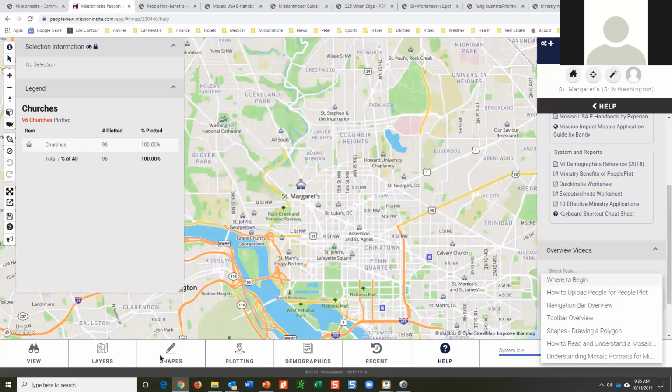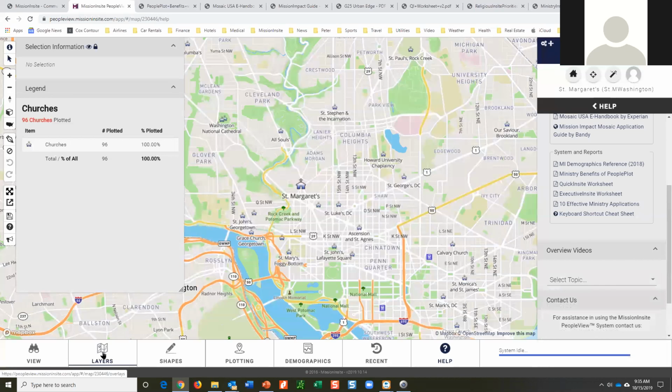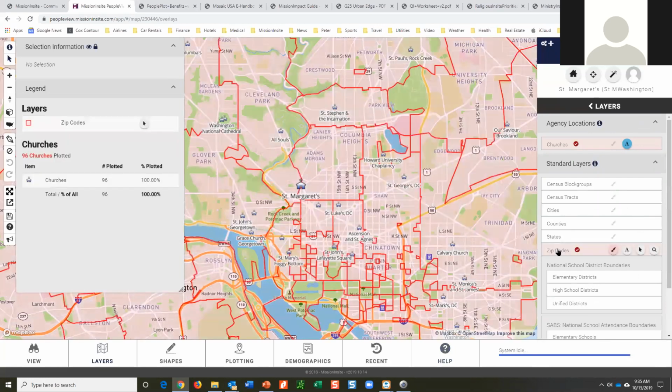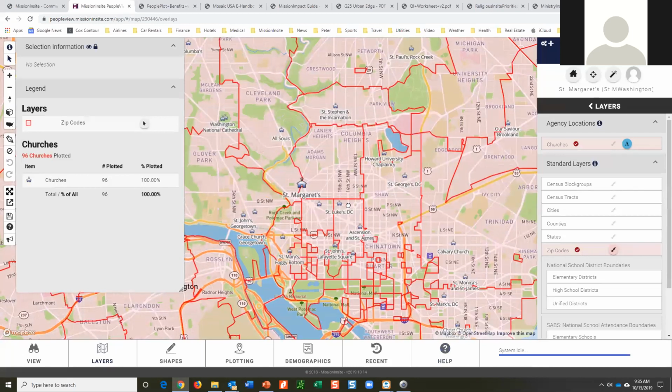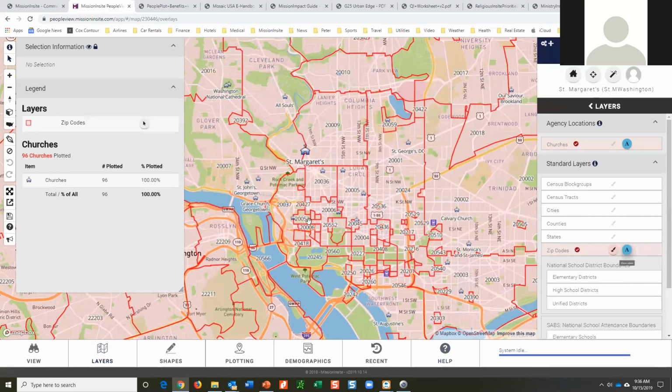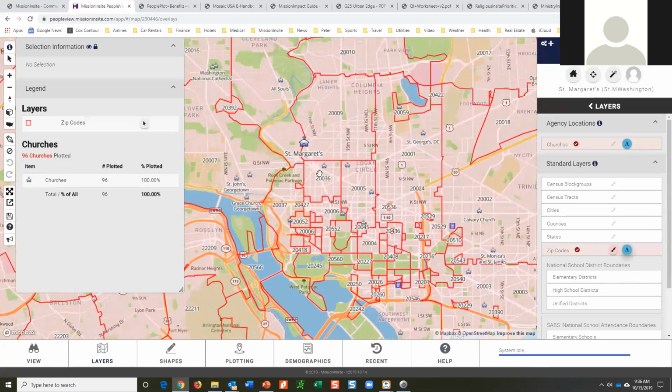Now I'm going to come over here and I want to go to my layers. When I click on this at the bottom, take notice it opens this window. If I want to know where the zip codes are, all I need to do is click on zip codes. And if I want to, it will now load the boundaries. I can go in here and change colors, for those who want to spend a little more time. Then if I click on show labels, it will give me the actual zip code number.